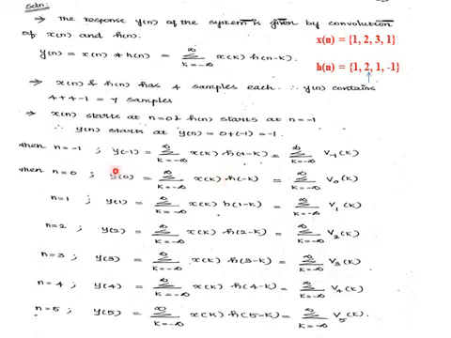First, let us consider n equal to minus 1. When n is equal to minus 1, the formula is transformed as y of minus 1 is equal to summation k equals minus infinity to infinity x of k h of minus 1 minus k. Here n is equal to minus 1, so wherever we have n, we have to replace it by minus 1. So the formula will be x of k h of minus 1 minus k. Now this intermediate product term is represented here as v minus 1 of k, just for simplicity.